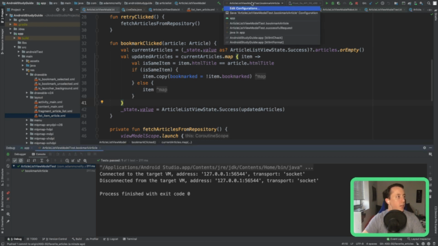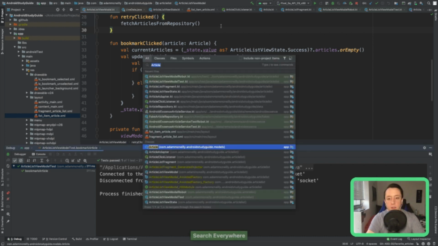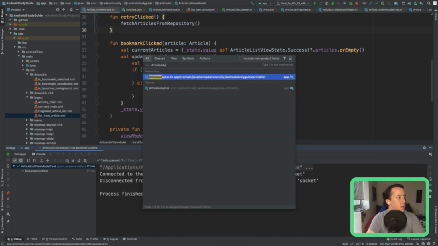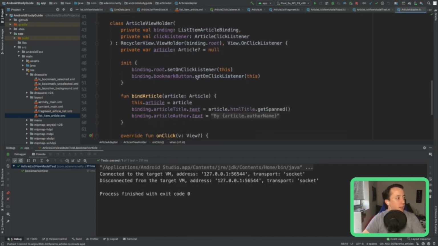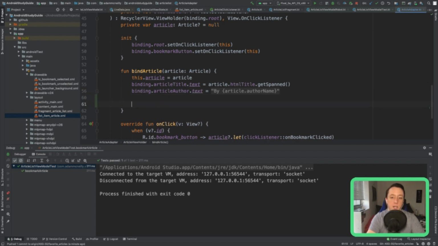So yeah, the test works, but now we need to actually change the adapter, because we're not updating anything about the item. So right here where we call bind article, we need to also update the bookmark icon. We'll start by just defining it.